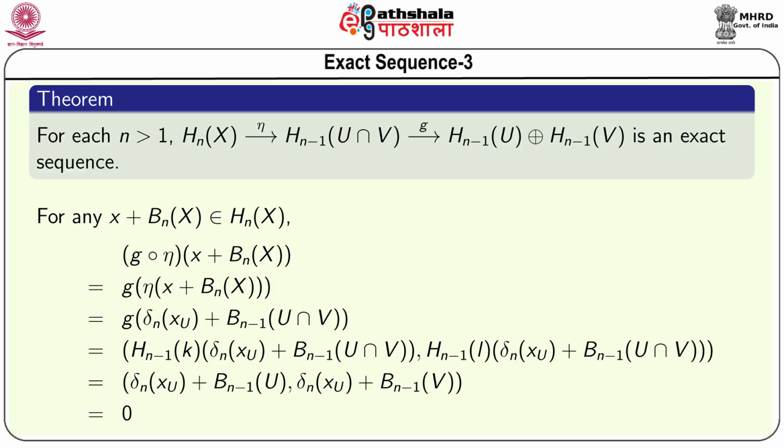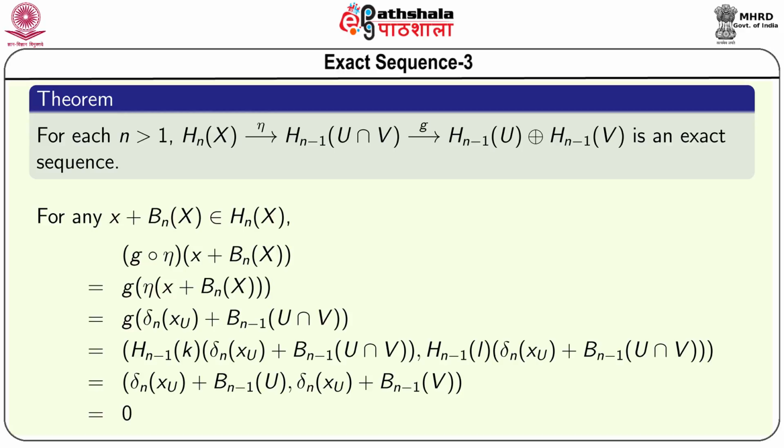So, take any point from H_n(X), let us call that point x + B_n(X). Then G composed with η evaluated at x + B_n(X) is equal to